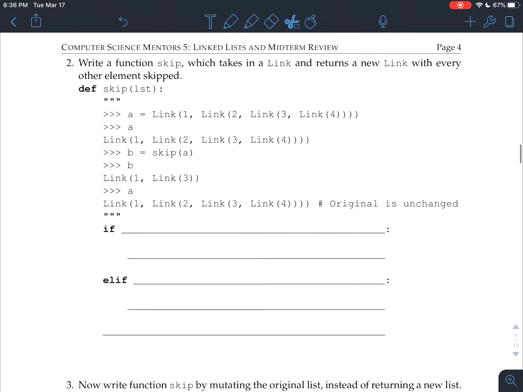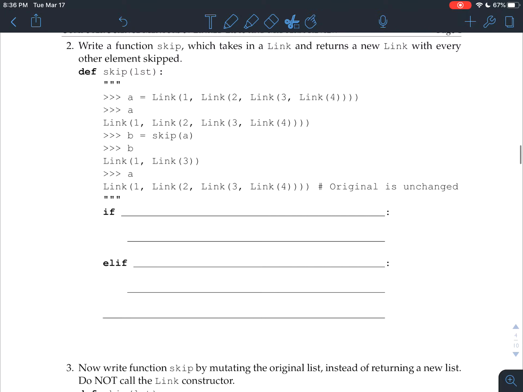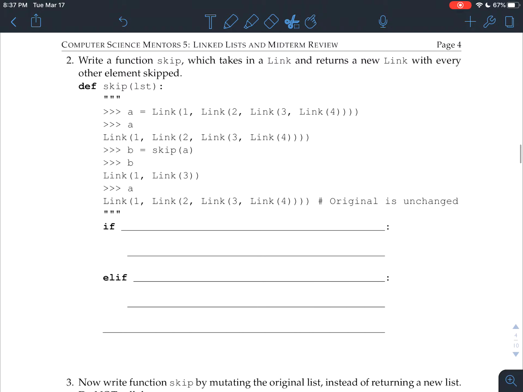So this is question 2 of the worksheet. And in this question, we're creating a function skip that takes in a linked list and returns a new linked list with every other element skipped. Now, one of the first things to look at if you're confused about what exactly is supposed to happen